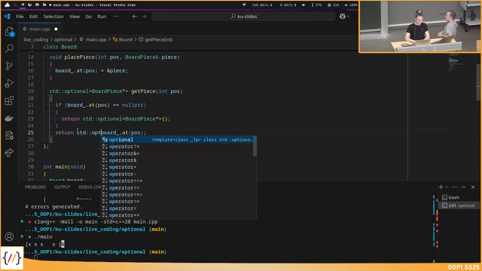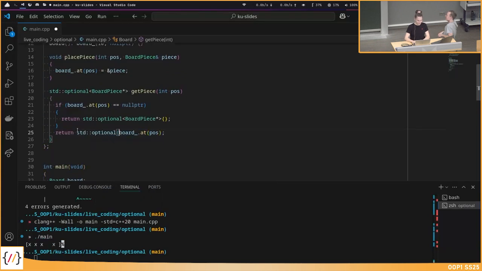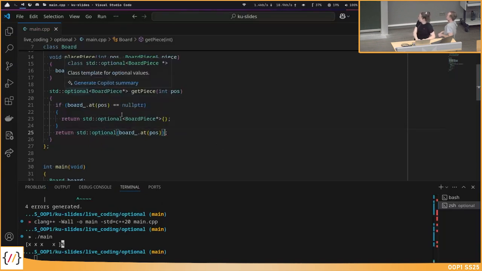Because you would expect we can do something like this. We should do something like this, to call the constructor of the optional, because we need to return an optional, and pass in the value we want our optional to have.